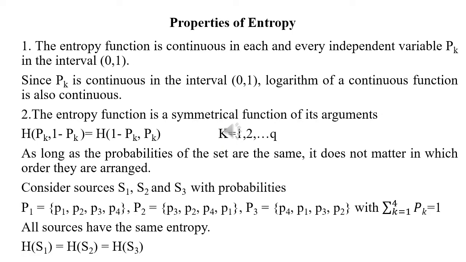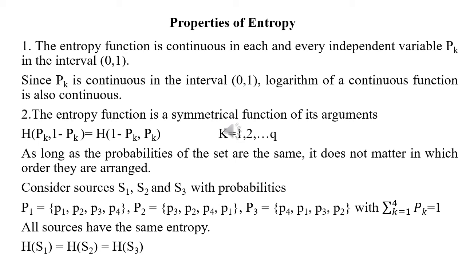Next is the properties of entropy. First one, the entropy function is continuous in each and every independent variable pk. Because pk lies in the interval 0 to 1, logarithm of a continuous function also will be continuous. The entropy function is a symmetrical function of its arguments. That is, H of p1, p2 up to pk equals H of pk, p1 up to p(k-1). As long as the probabilities of the set are the same, it does not matter in which order they are